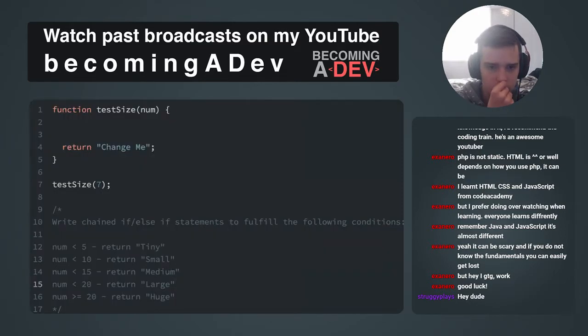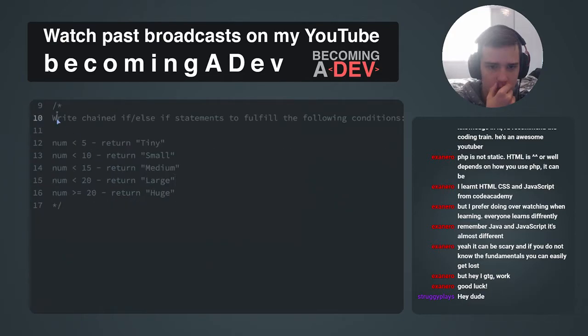You can also chain if and else if statements. So I'm going to complete the following challenge here. Write chained if/else if statements to fulfill the following conditions. So we have these conditions where if the